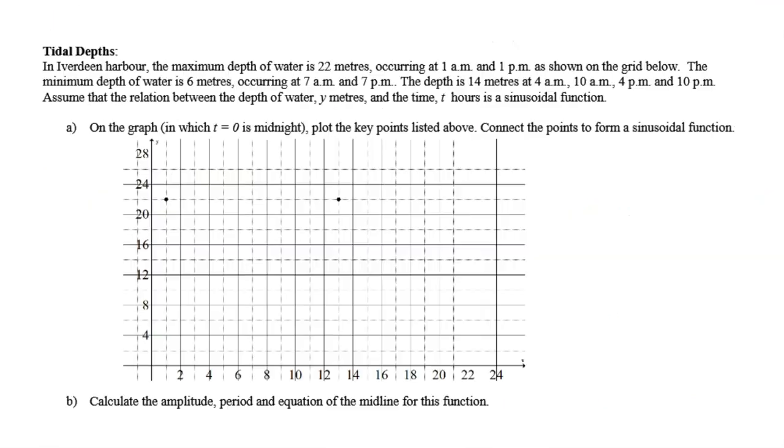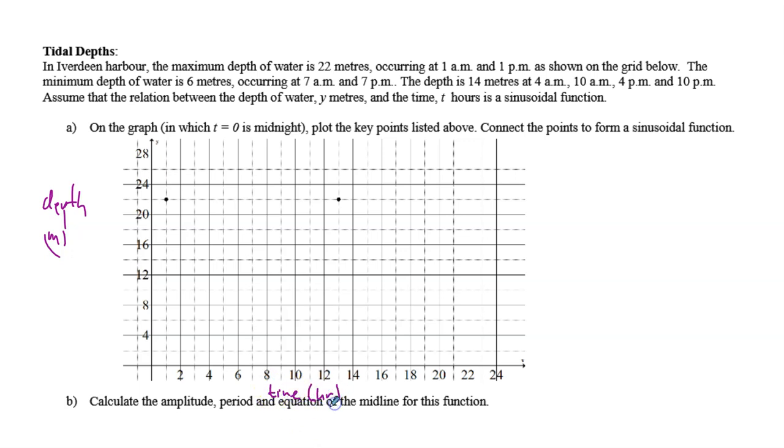All right, let's go on to the next page. Tidal depths. So this one we don't have the graph, but we have information that will allow us to get the graph. So let's take a look at this. In Inverdeen Harbor, the maximum depth of the water is 22 meters. Okay, so this is depth in meters. This is time